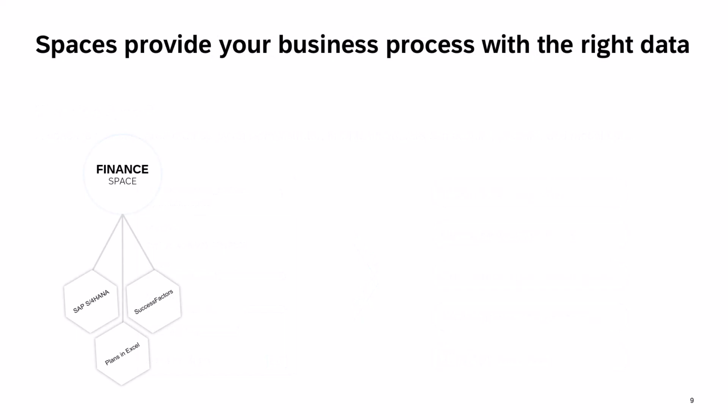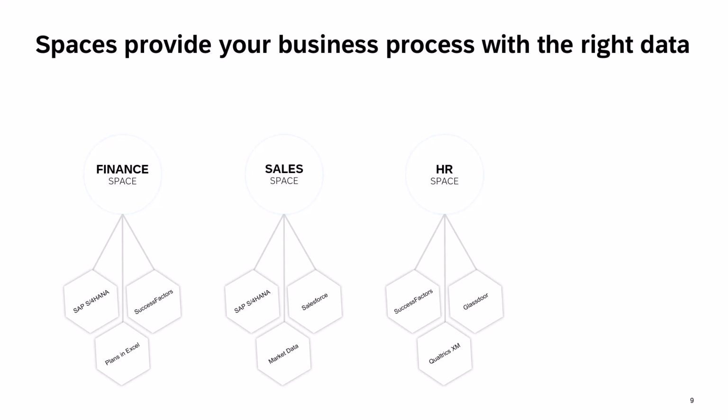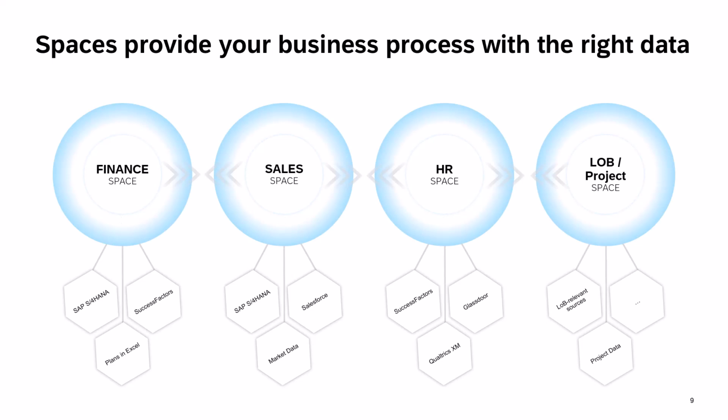So how could that look? You could divide or set up spaces in all different sorts of ways. For example, for specific finance topics, create a finance space and connect several systems to it. For sales, for HR, very sensitive data usually, right, which you want to control. And for other projects, line of business topics, whatever. And with the sharing capability, these spaces could potentially exchange data between each other if you want to allow that, and so foster collaboration on such a system.